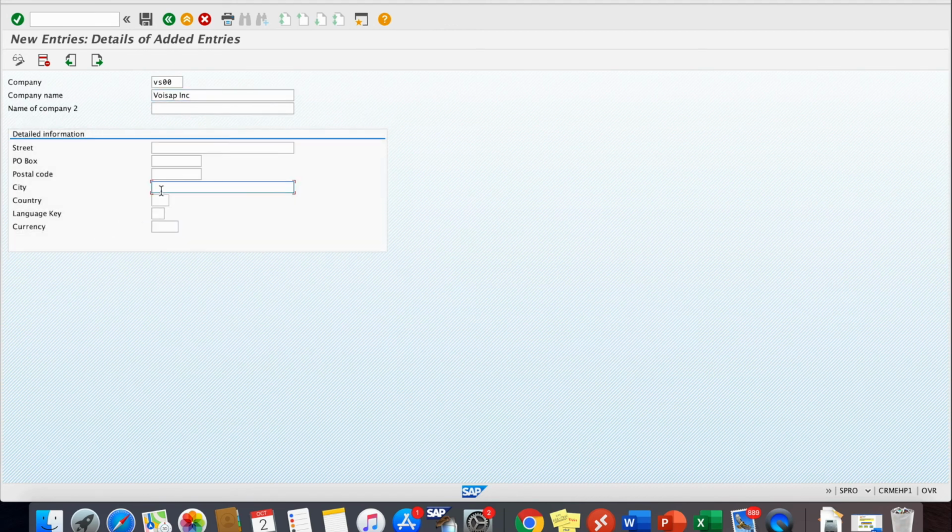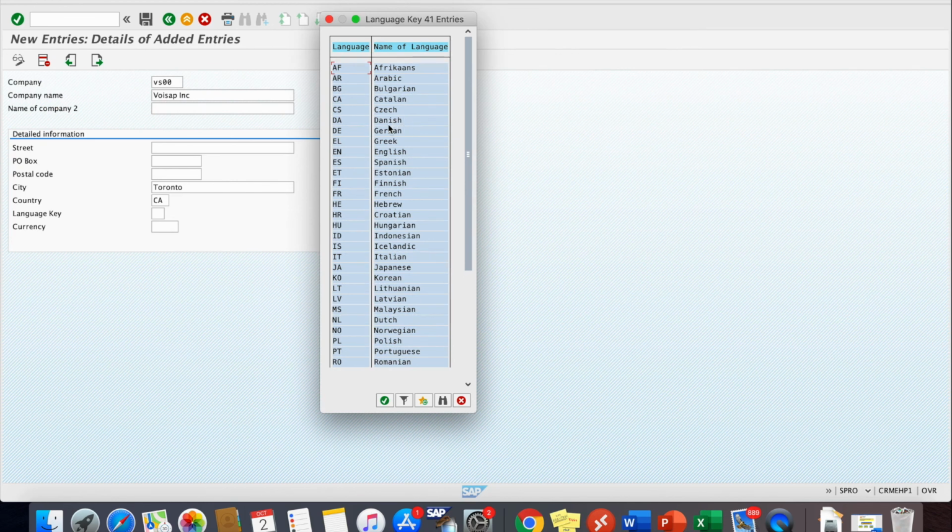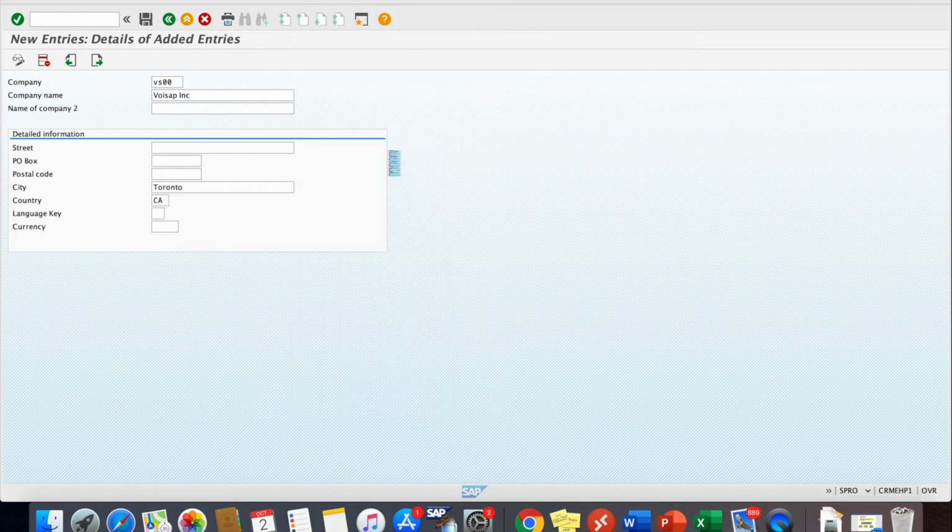I'll put the city and I'll give the country, which is CA. If you are not sure of the code of the country, you can click on the drop down. Like if I'm not sure of the language key or the code, I'll click on the drop down and I can select my language from the list, which is, let's select English.